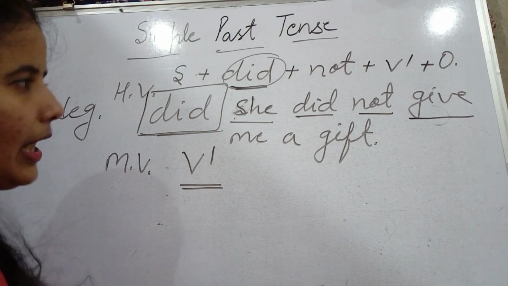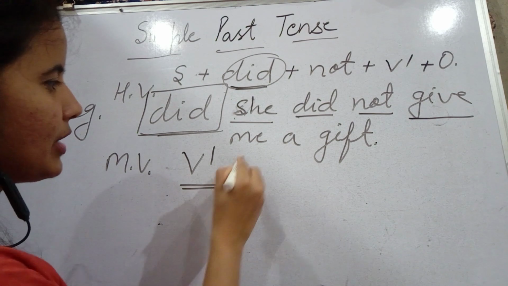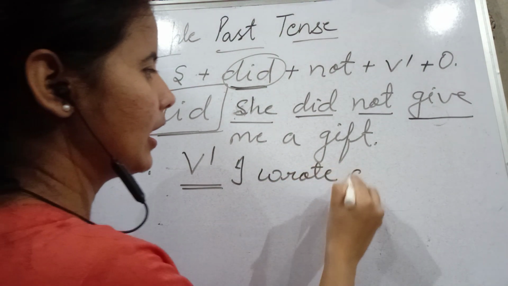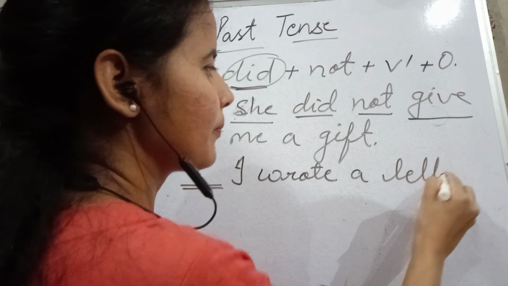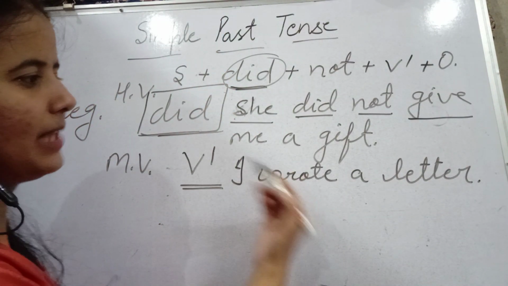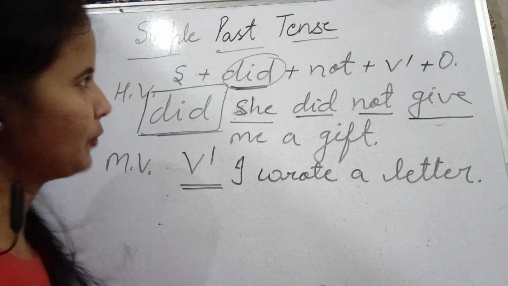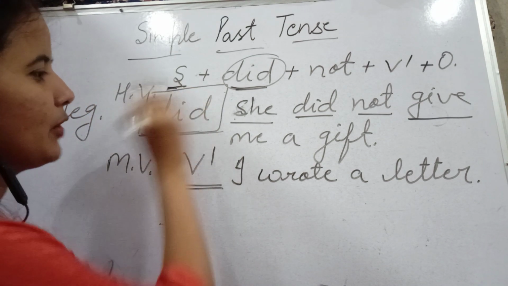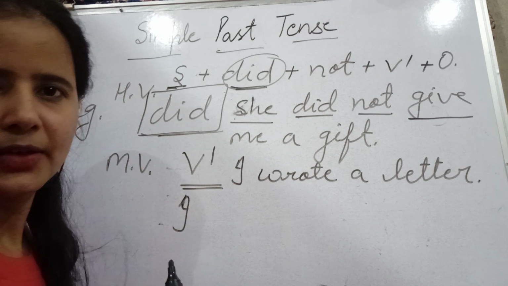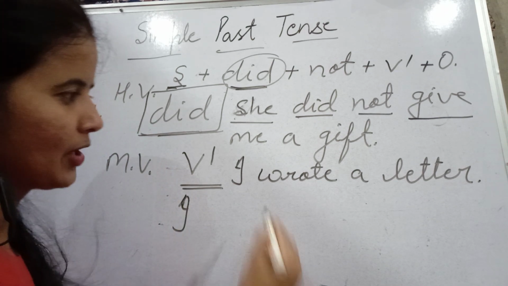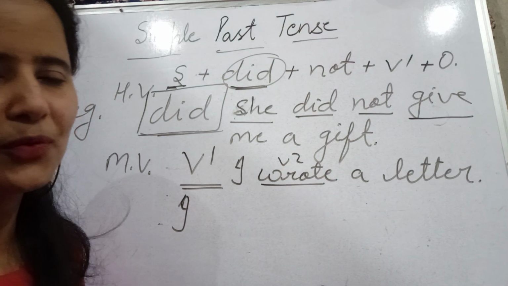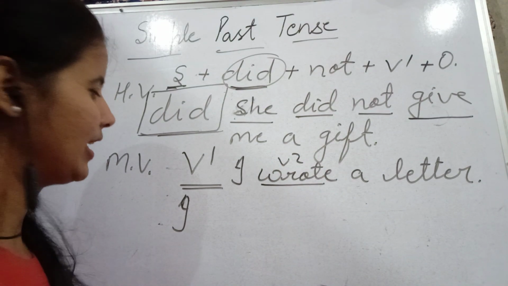What we wrote was, I wrote a letter, so that was affirmative. I wrote a letter. So we have to form the same sentence into negative. So what do we have to do here? First of all, the subject. What is the subject? Who wrote the letter? I. Next, we have to use a helping verb. This is V2. In simple past, we have to form a negative sentence. Then what do we have to use here?